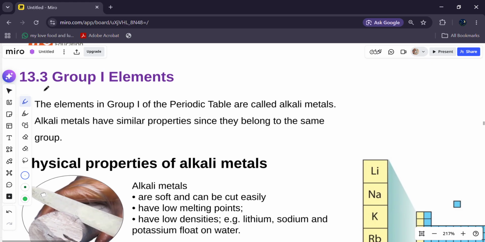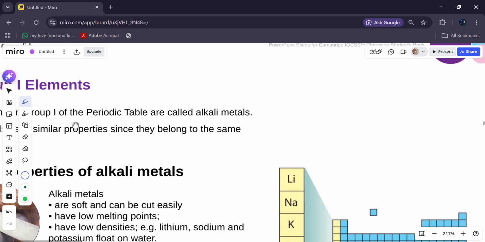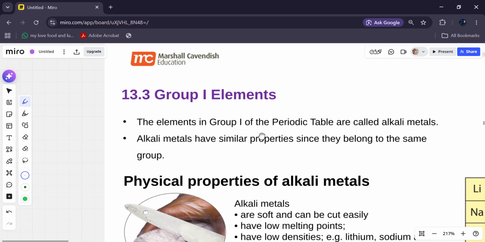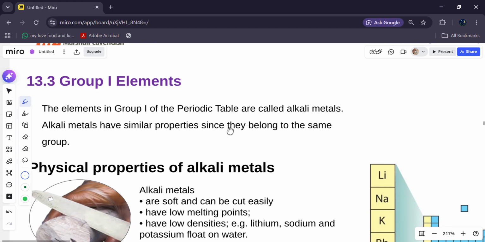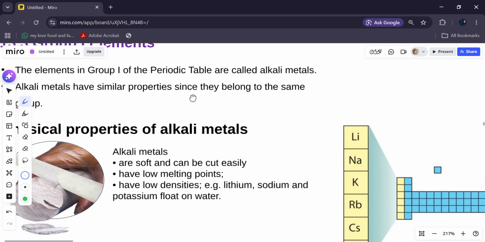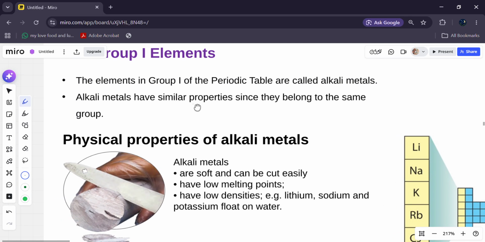Group 1 elements. The elements in group 1 of the periodic table are called alkali metals. Alkali metals have similar properties since they belong to the same group. Now, what are the main properties of alkali metals? This is something you have to note down and memorize for your IGCSE exams, as they might come up. There are two types of properties: physical properties and chemical properties. Now, the physical properties of alkali metals are that, one,